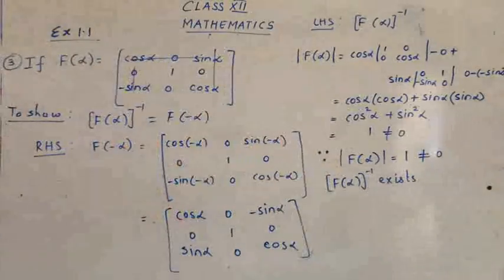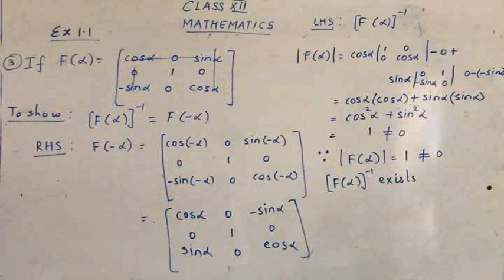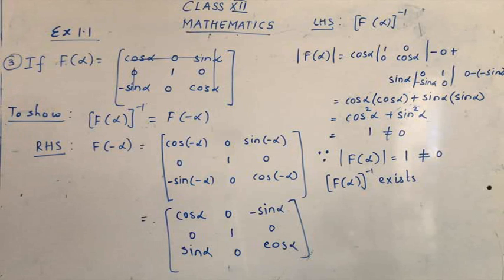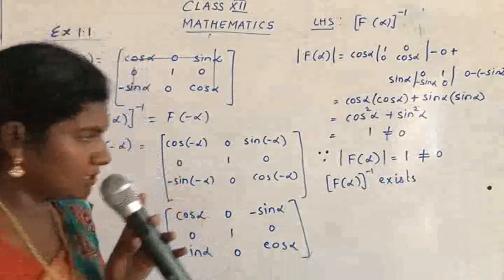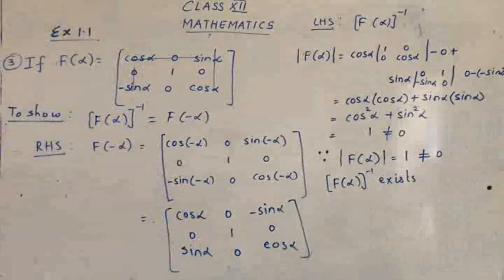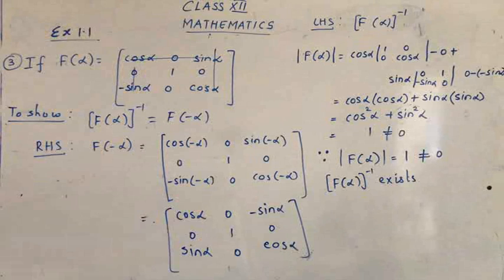So we have just completed our first step. That is, we have found whether the inverse exists, and also we have found the value for determinant of F alpha. Okay, now what we are going to do? We are going to find out the cofactors. Let's see how to find out the cofactors. That is, we are going to find out adjoint. For finding adjoint, we are going to find out the value for cofactors. So let's find cofactor of F alpha.